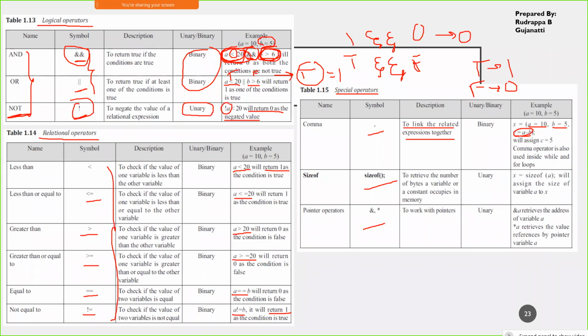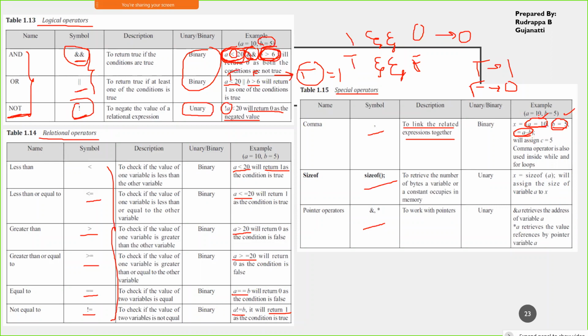Since C programming is structured, after execution of the first one, the next gets executed. So in this case it will not be a problem, since we are separating these all with commas. If the comma was not present, there would be difficulty in identifying that this is a separate assignment and this is a separate assignment. So the comma can be used to separate these kinds of representations.